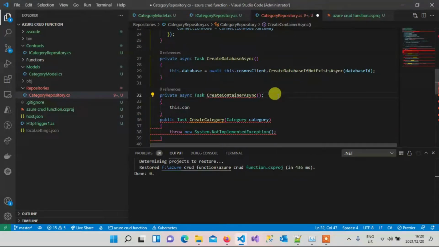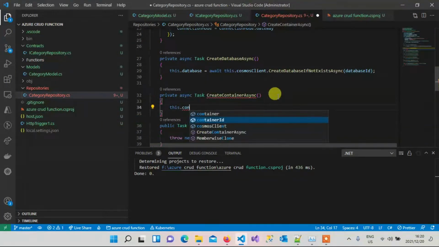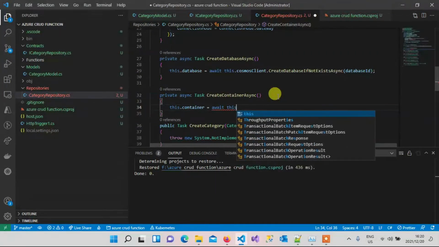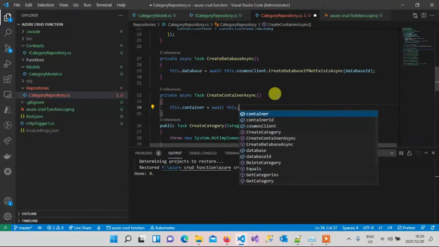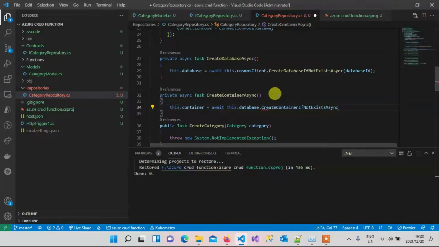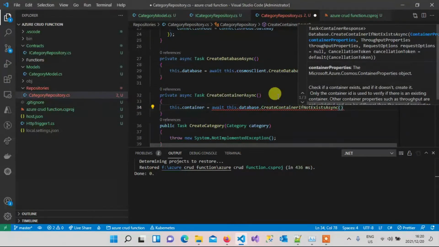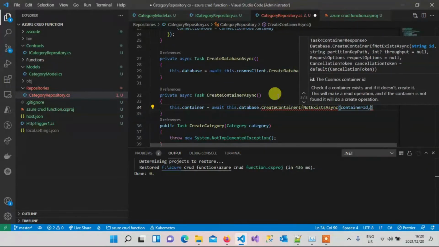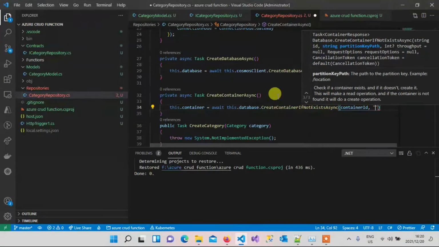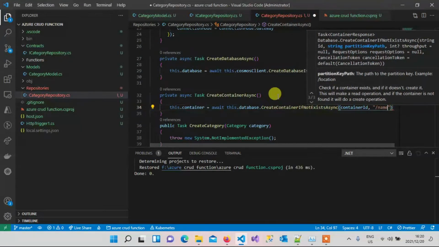Our container is going to be await database dot CreateContainerIfNotExists. We're going to pass our container ID and our unique key, which is our name,